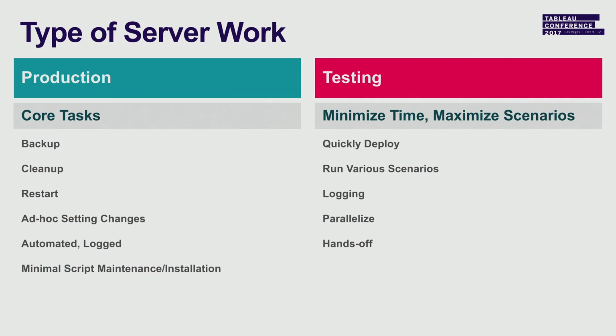So there's really two types of server work: production, core tasks, keeping things up and running, and then testing, like new features, new versions, quick deploys, looking at logging, parallelization. How do I hand this off to somebody or hand it from dev to prod? I despise day-to-day server work. It's just awful. Remote desktoping into a machine or using